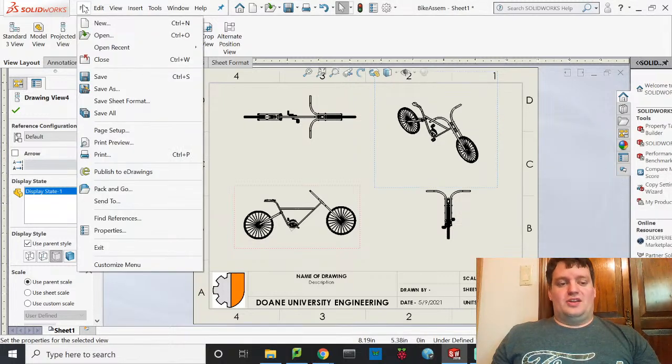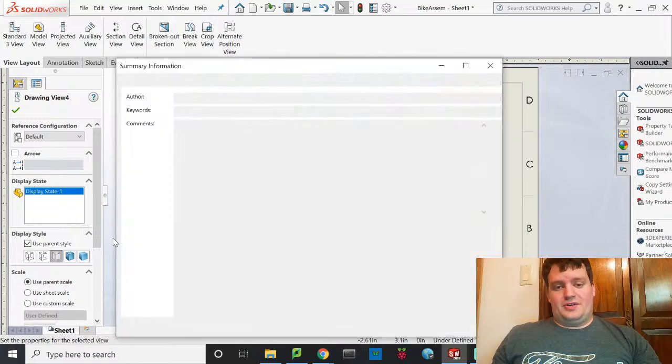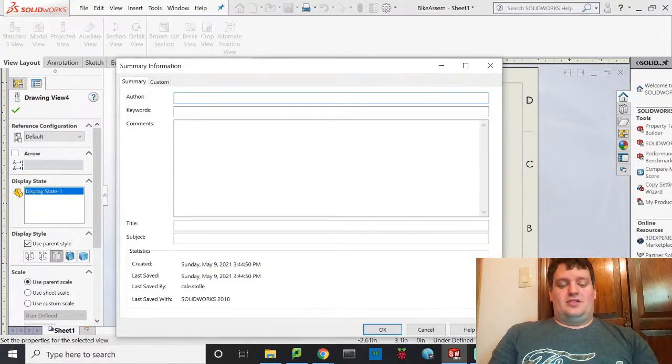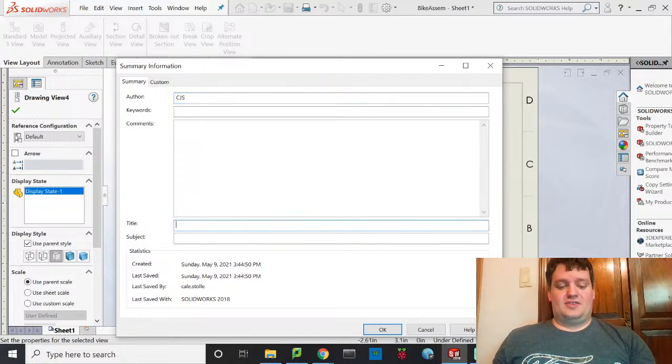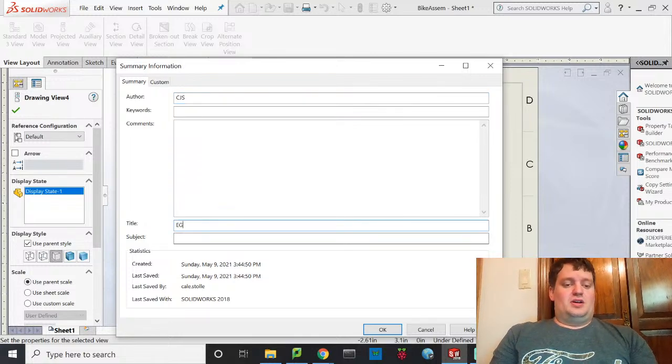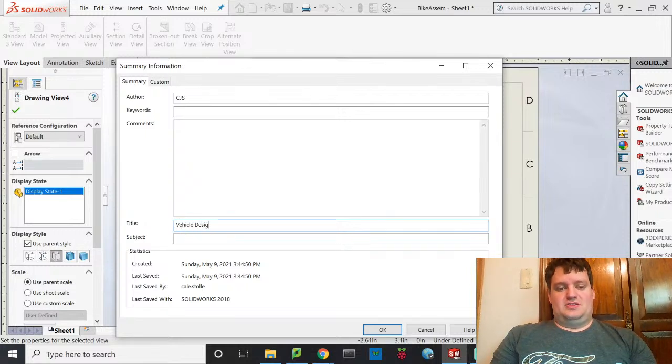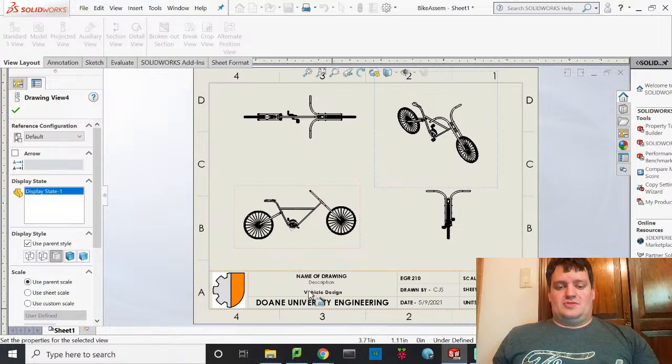When you download this, go into File and Properties. Okay. Now for the author, I'll write CJS. For the title of this, I'm going to draw vehicle design. And for the subject, I'm just going to type the class EGR 2-ton. Okay. And you'll notice when I type those 3 things, this shows up here, this shows up here, and this